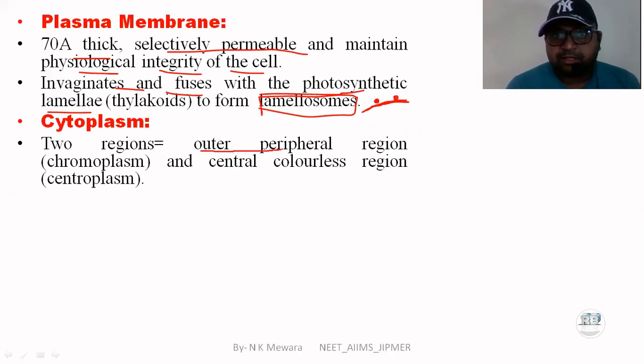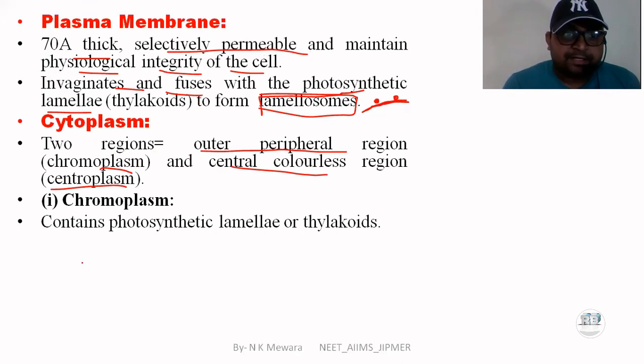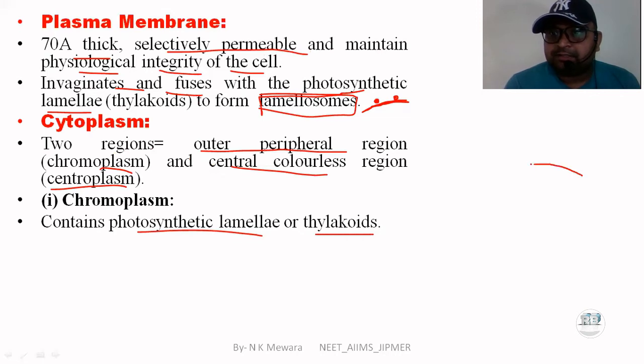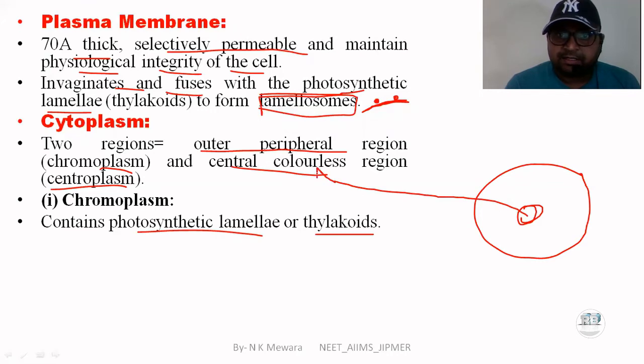First, the outer peripheral region is called the chromoplasma, and the central colorless region is called the centroplasma. Let's see the chromoplasma first. What does it contain? It contains the photosynthetic lamellae and thylakoids. This is the thylakoid, and this is the nucleus part, the central colorless part, and the peripheral part has this type of